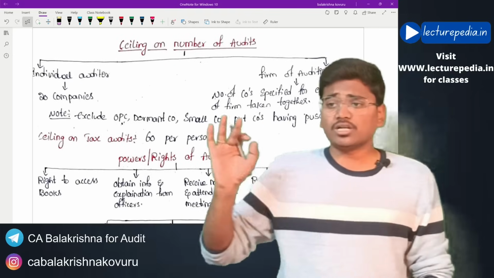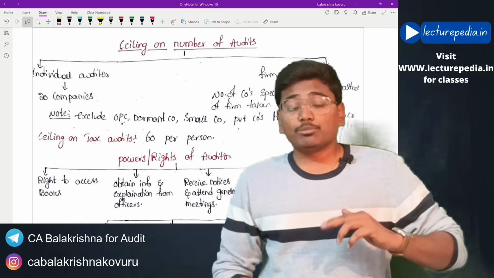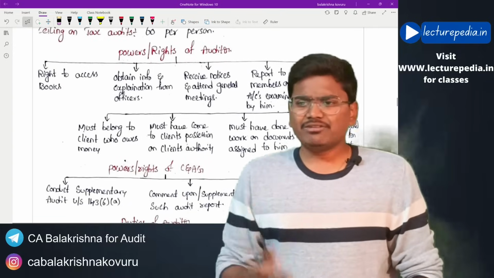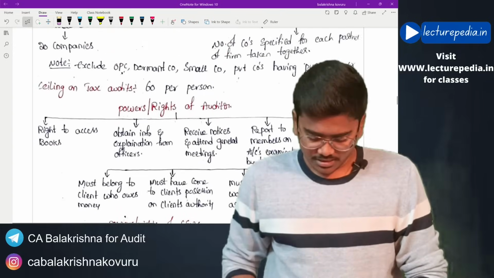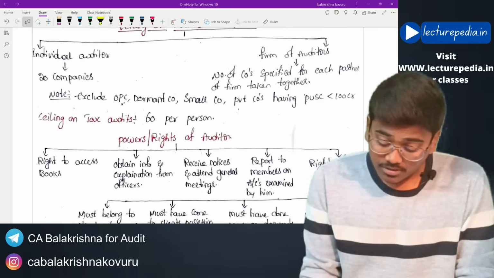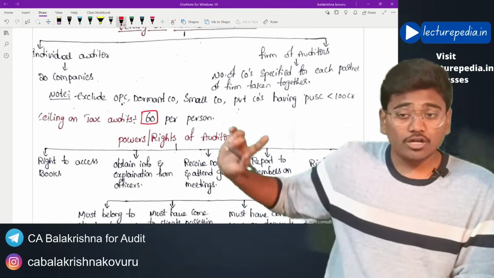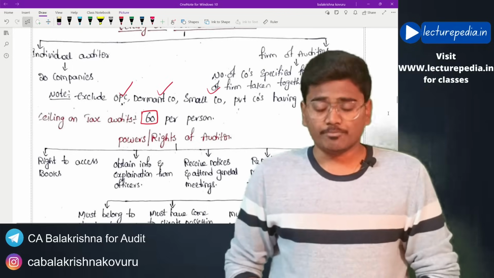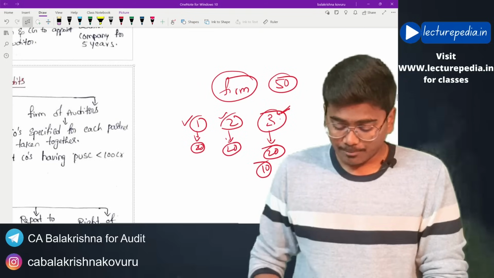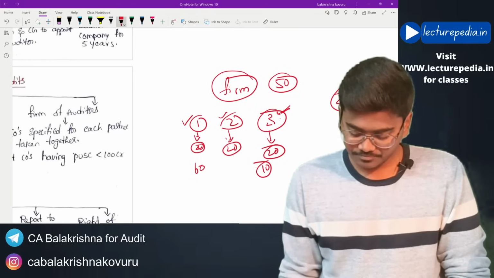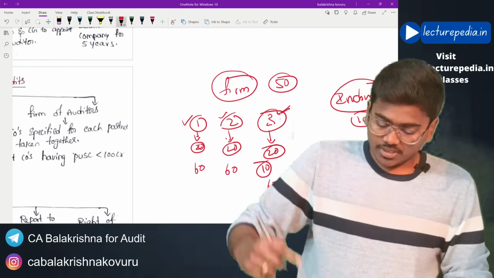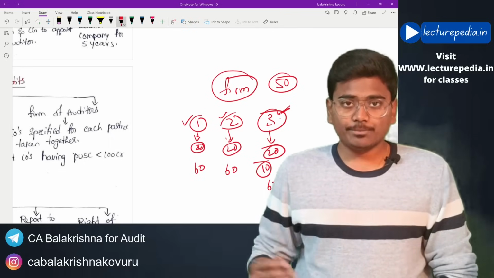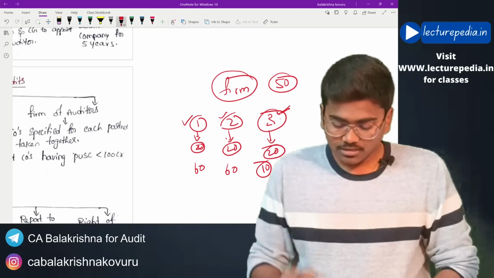That is the ceiling on number of statutory audits, and the number of tax audits is 60 per auditor. Hope this is clear. And even the calculation of that you have to make in the similar way. Here, for counting the 60, all will be included, whether it is OBC, dormant, small company, private company, all will be included. Per person 60. If the third partner has conducted 10 tax audits on his individual behalf, then only 50 will be considered in the firm's account.